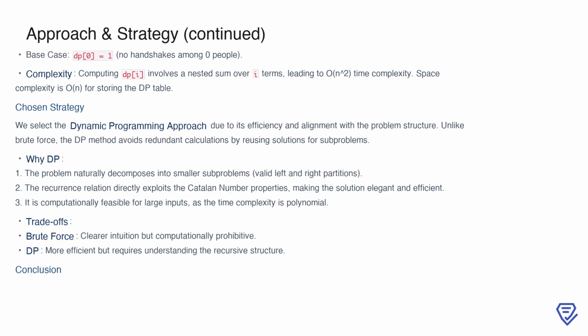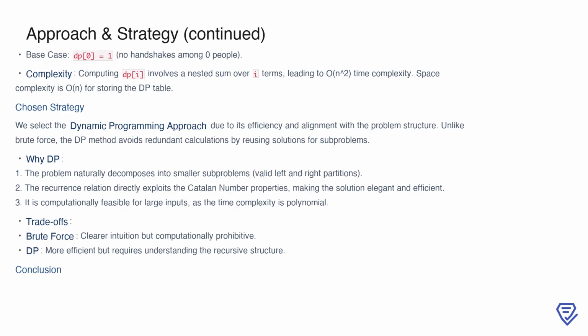This formula captures the idea that for each possible handshake pairing, the left and right partitions of the group can be solved independently, and their solutions are combined. The base case for this recurrence is straightforward: dp[0] equals 1, as there are no handshakes possible among 0 people. In terms of complexity, calculating dp[i] involves a nested summation over i terms, resulting in a time complexity